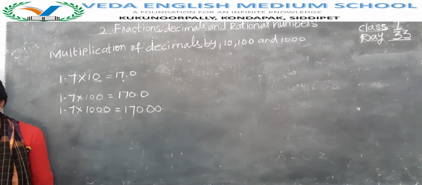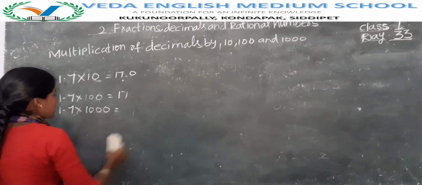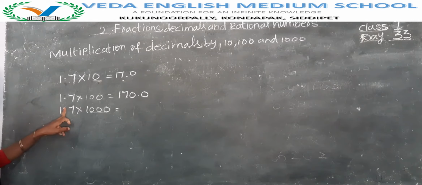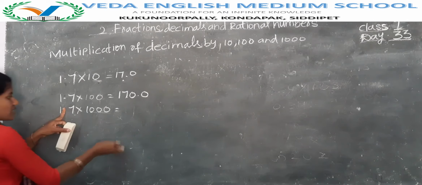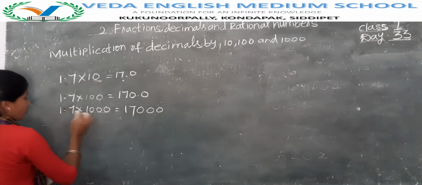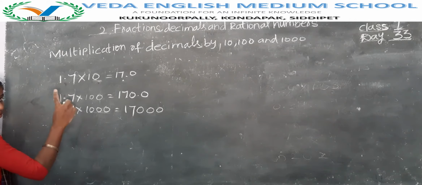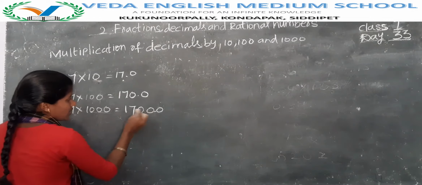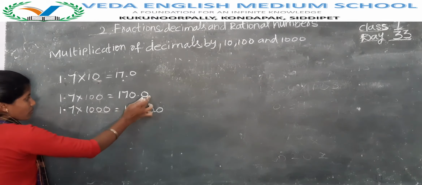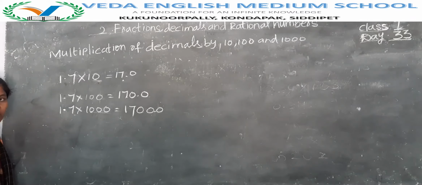If you don't understand it like this, then you can simply remember it like this. For example, if you don't have the point, 17 ones are 17. In 1000 we have 3 zeros, 1, 2, 3. Now how many digits are there after the decimal point? We have only 1 digit, so after 1 digit you will get the comma. It is 1700. It is also 17 ones are 17. Here we have 2 zeros, so you keep the 2 zeros as they are. After the decimal point we have only 1 digit, so after 1 digit you will get the comma.